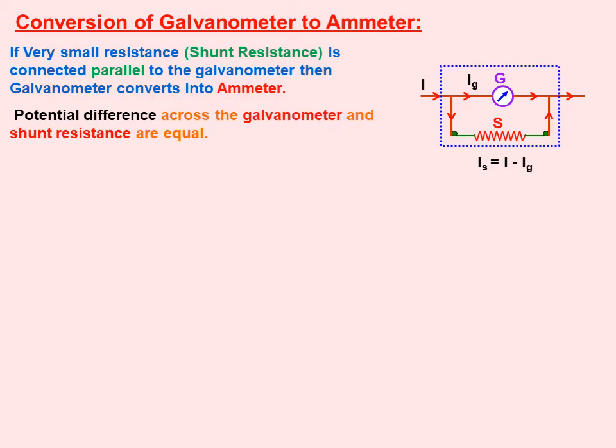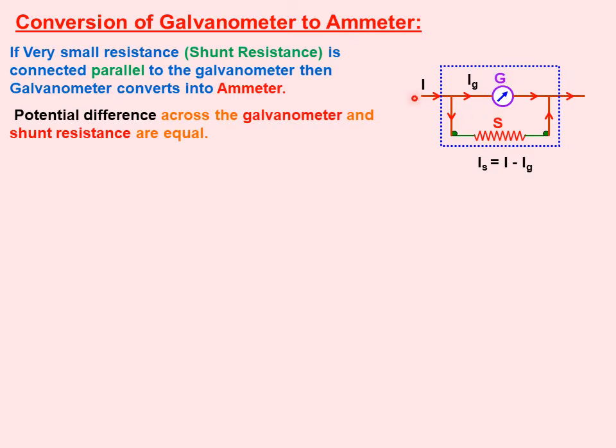So my dear student, here we can see in this figure, this is the galvanometer coil G. Here you can write, because I have not given the symbol meanings of the figure. G is the resistance of the galvanometer, that is galvanometer resistance. I is the current flowing through the circuit and Ig is current flowing through the galvanometer. Because here, as per the definition, if you connect shunt resistance, shunt means very small resistance, parallel to the galvanometer coil, these are the parallel combination.